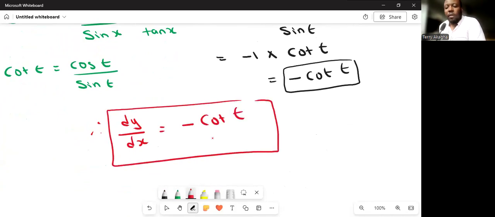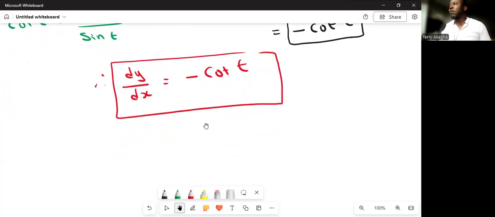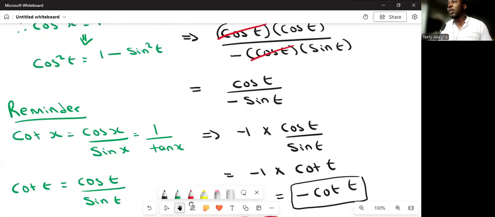All right. So, but we are not just looking for dy over dx. We're asked to find the angle, okay? So how do you now go about this? So we first need to find the value of dy over dx. So if you go to the video, I told you to find the angle, we need to find the value of dy over dx. So to find the value of dy over dx, it means that we need to find